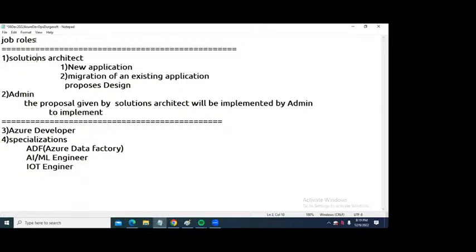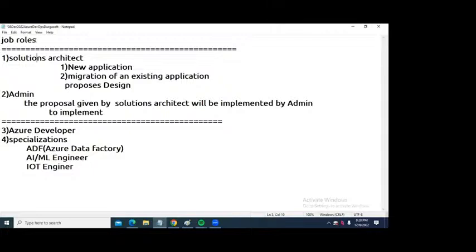If you approach a solutions architect, what happens? He is going to give a complete idea. He is going to propose the architecture for your application to run: how many servers are required, what is the cost of each and every server, how many CPU cores are required, how much storage, what is the networking model, what is the licensing cost.